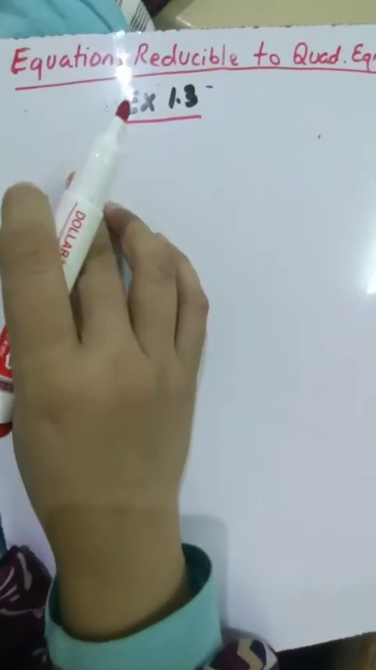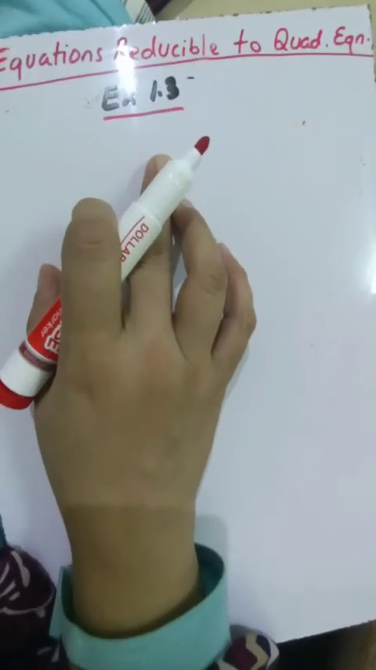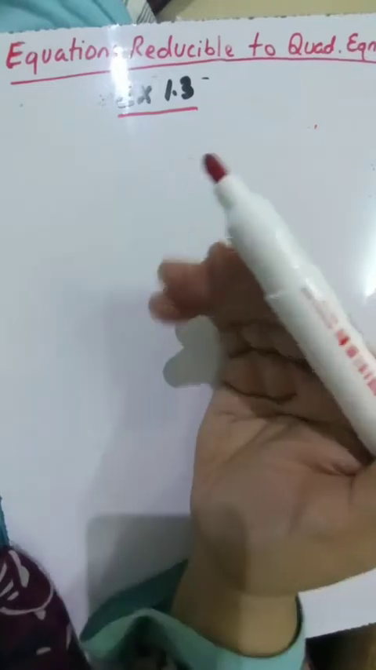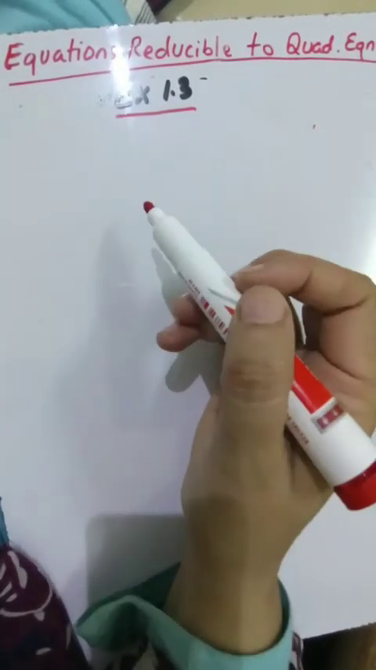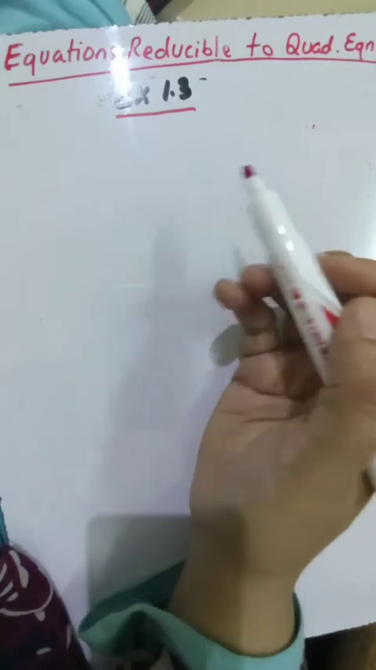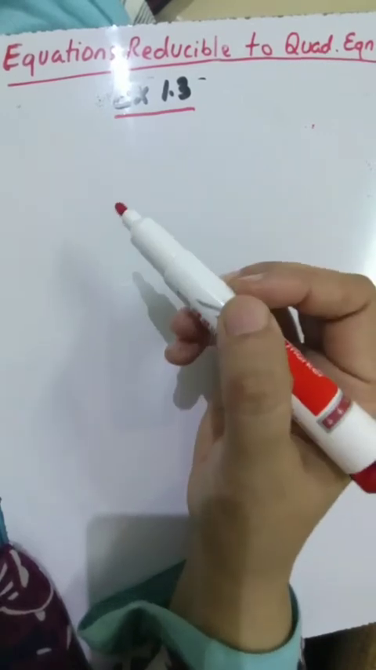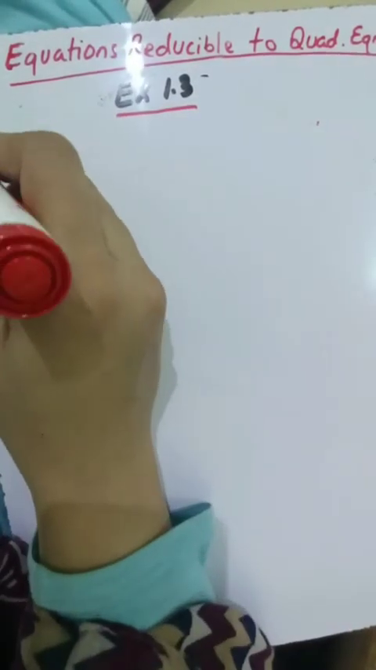In today's lecture, we are going to study equations which are not quadratic, but they can be reduced to quadratic equations. These equations will not be quadratic, but we will be able to transform them into quadratic with the help of a few calculations that we are going to learn. And there are a few types which are included in your syllabus. The first type